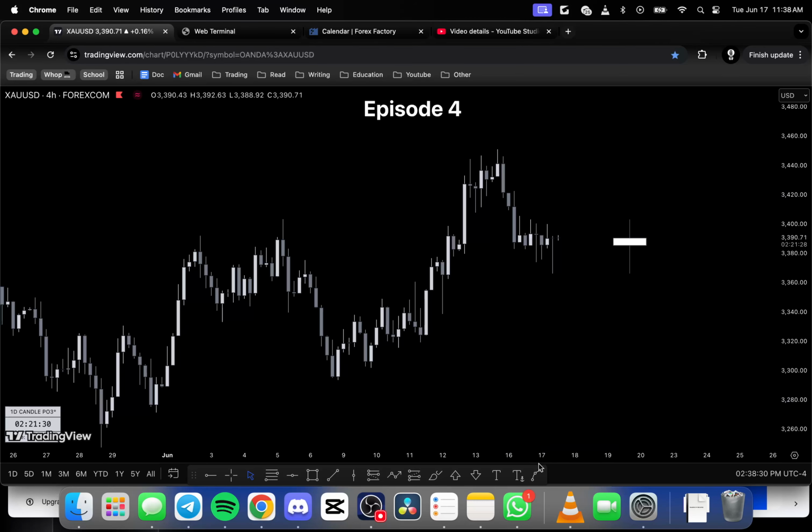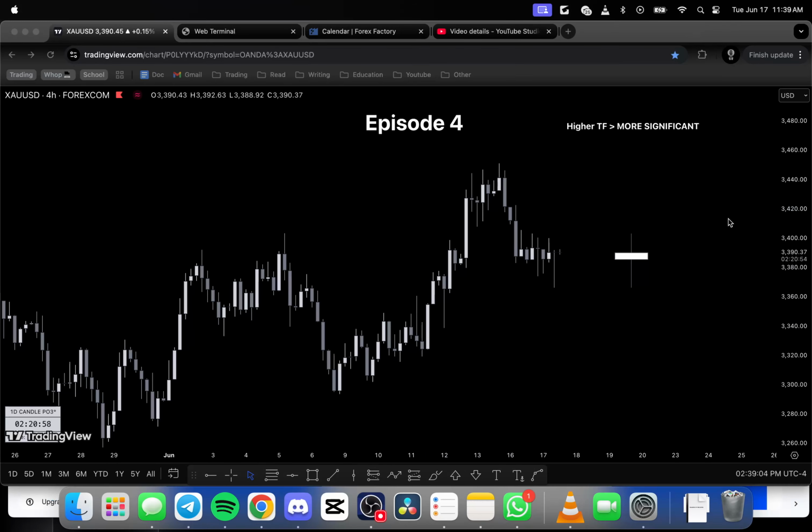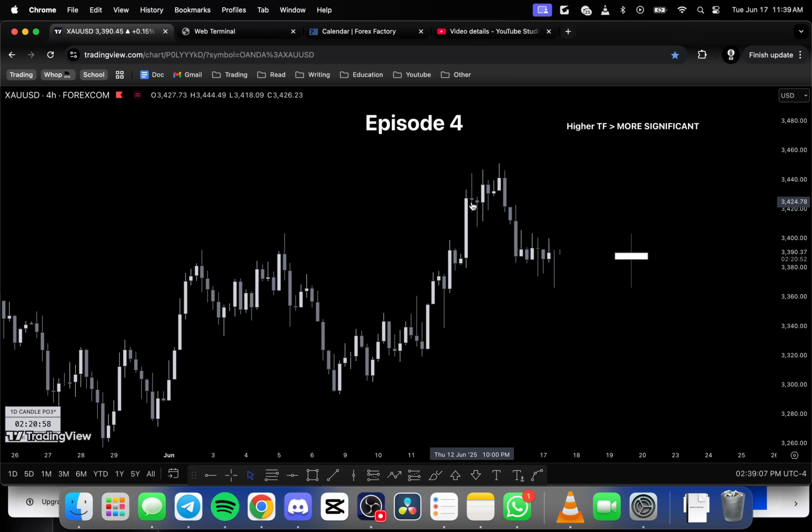So first things first about timeframes, there's some generic rules that I like to follow. And that starts with higher timeframes being more significant. The reason behind this is because, think about it, each one of these candles represents whatever timeframe you're on. So if you're on the 4-hour timeframe, as I am right now, then each one of these candles will take 4 hours to print. And why this is significant is because this tells you essentially where the market's going to go in the next